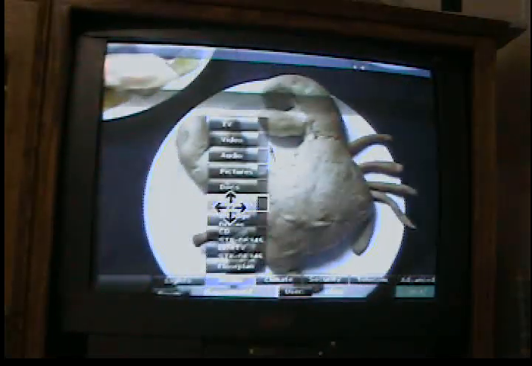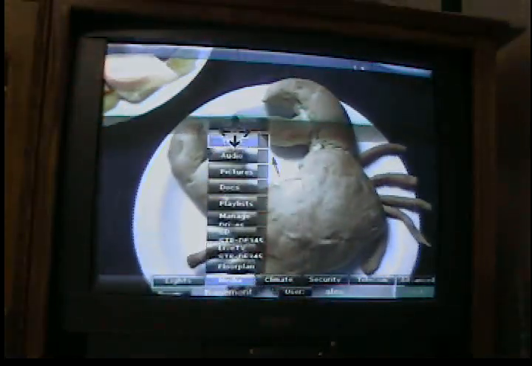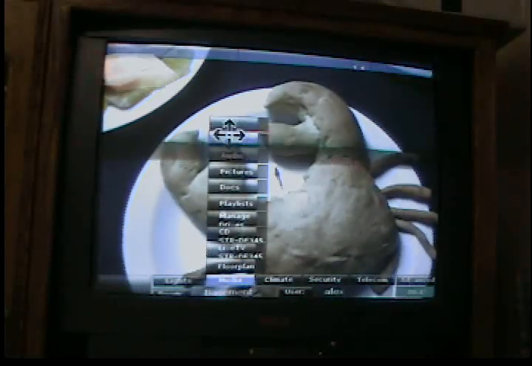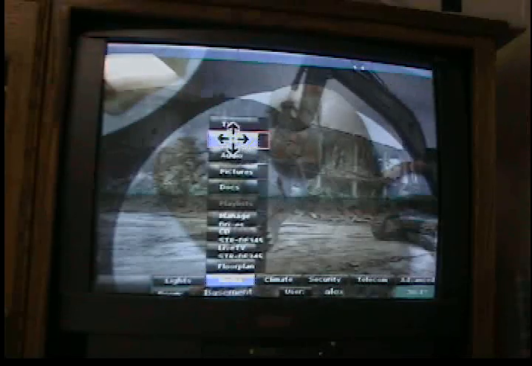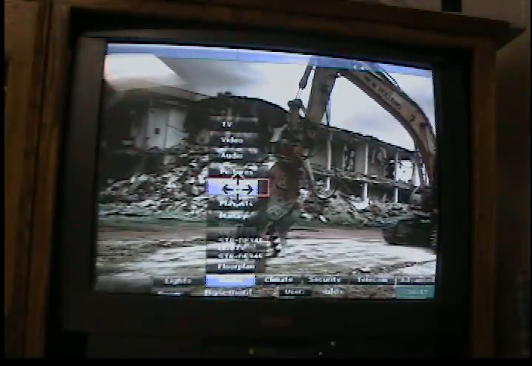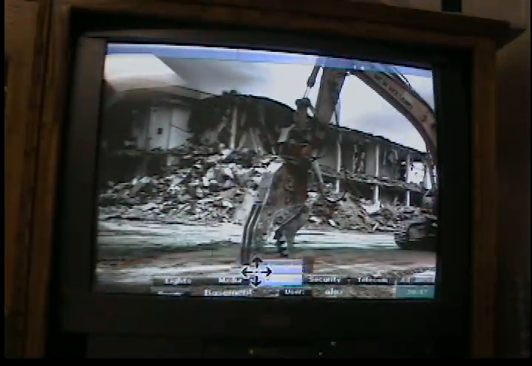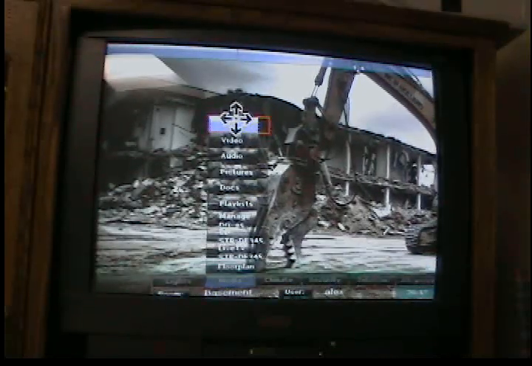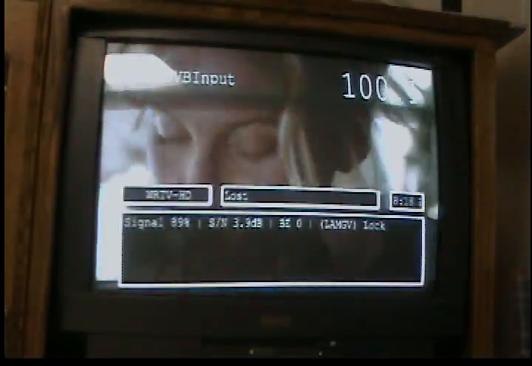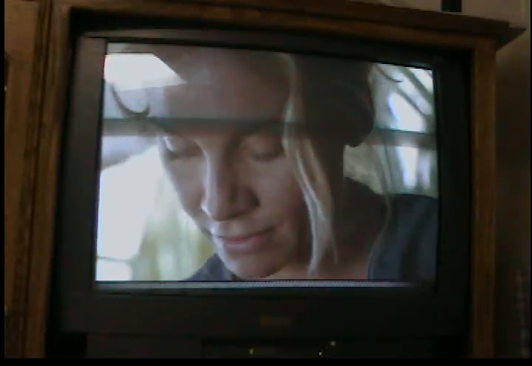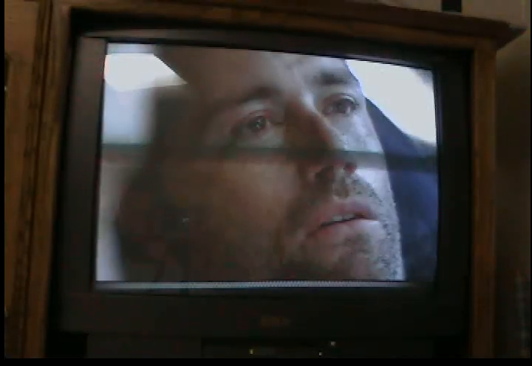Now I also have a TV tuner within this computer. linuxMCE is integrated with MythTV, and MythTV is an amazing program that can do everything a TiVo can for free. And so if I come up here and select TV, MythTV will start up. And I have a digital tuner in my computer, and this also works for analog TV, and you can also do both at the same time. But so this is live TV,